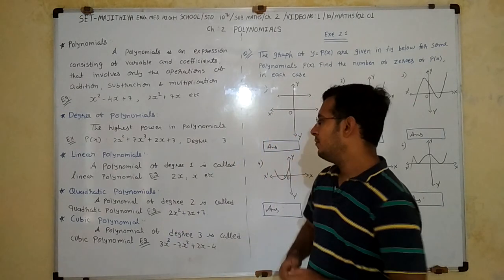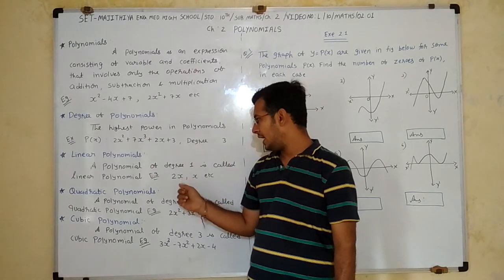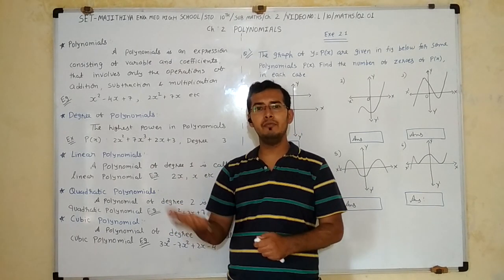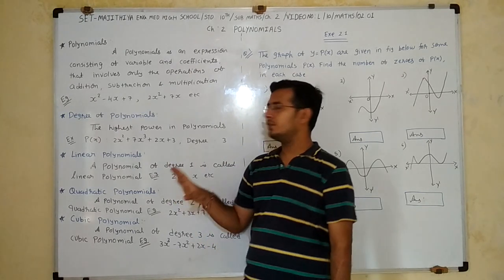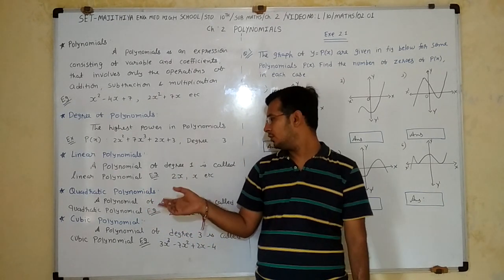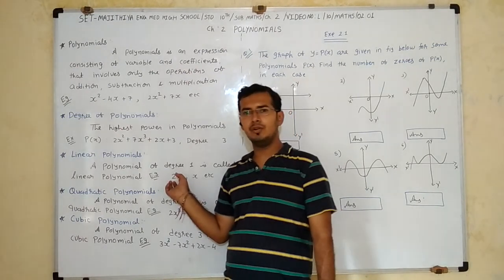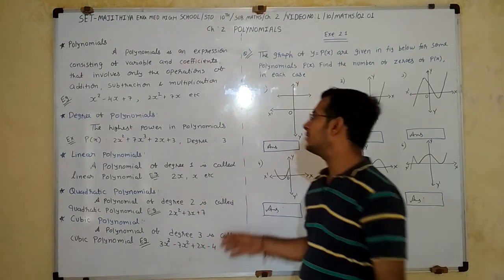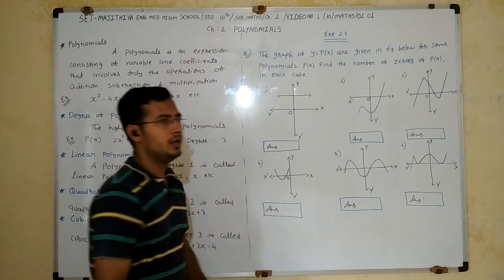Okay. Now we learned how to find zeros of a polynomial in standard 9. Here another method is there: using a graphical method, we have to find the zeros of the polynomial. First we know how to find zeros. Like if we take p of x is equal to, suppose, 2x, so we take 2x is equal to 0. Then we get x is equal to 0. Now we use the graphical method we are learning today. Okay, so exercise 2.1 we start.